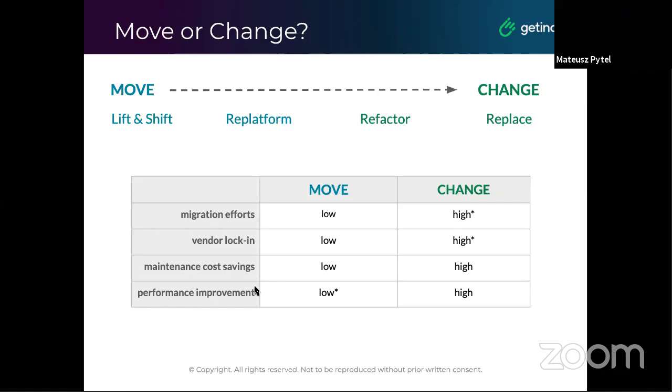And the performance improvement, it all depends. In a lift and shift, we shouldn't see too many changes in performance. Well, it all depends on what your on-premise hardware looks like, but you won't be able to fully utilize the performance gains that are available in the cloud. On the other hand, when we decide to change,